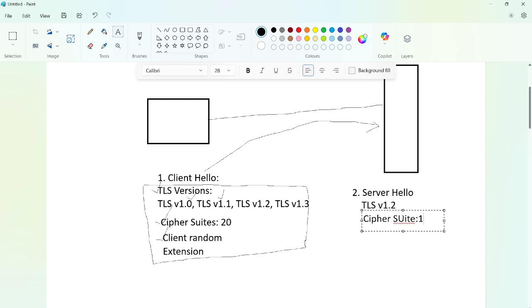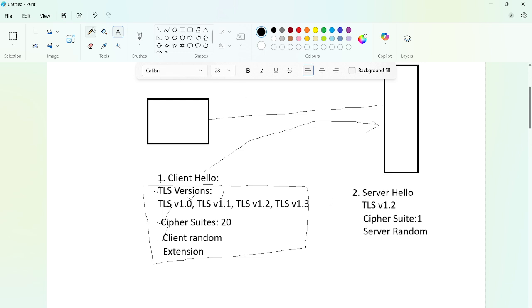And apart from this, the server also will send a server random in the server hello, okay. Like the client random, this is also a normal random string that is sent from the server to the client. So these are the things that the server is going to place in the server hello.